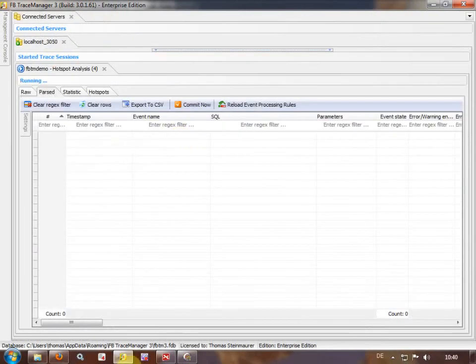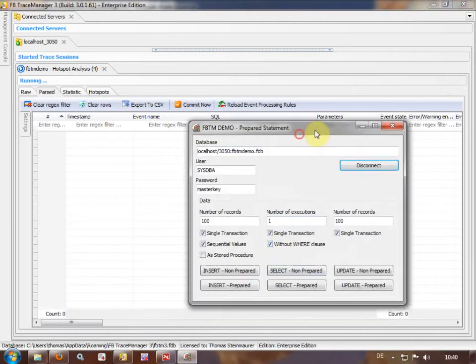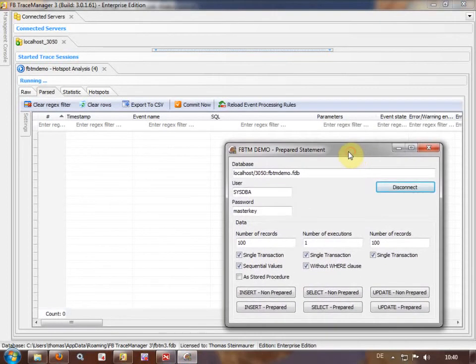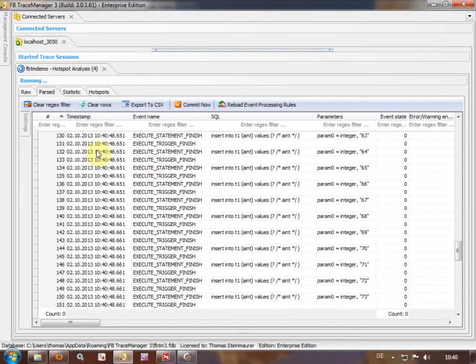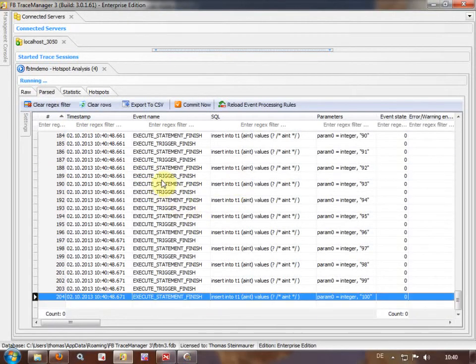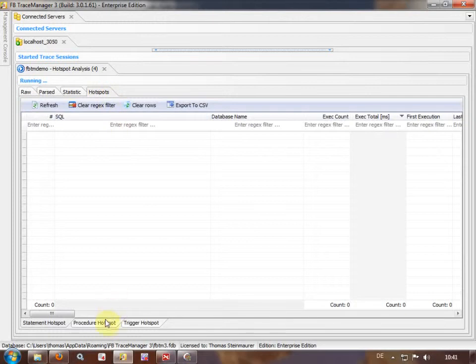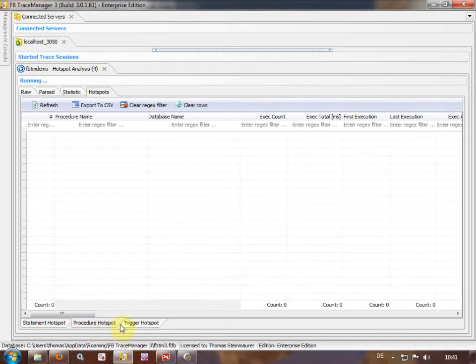I've prepared a small demo application where we can run some statements. Let's start with an easy one. It's a prepared insert into statement, inserting 100 records in a single transaction with a sequential value assigned as parameter. If we insert this one, we will see that the continuous trace data is coming along here. It gets visualized, and there's a new tab called hotspots, divided into statement hotspot, procedure hotspot, and